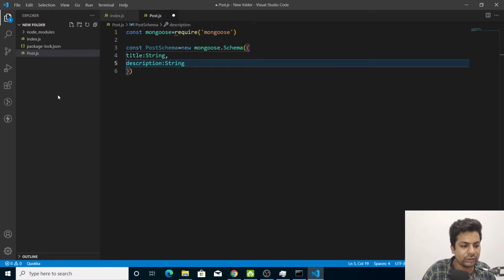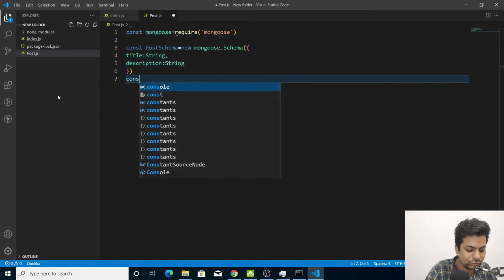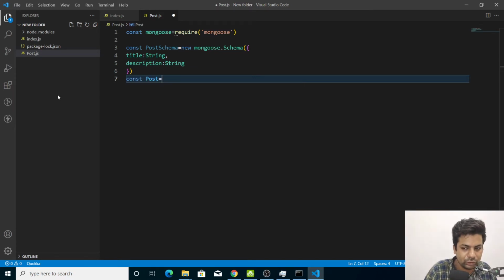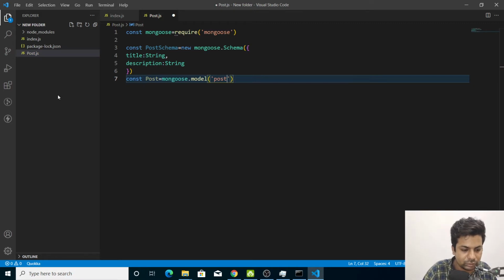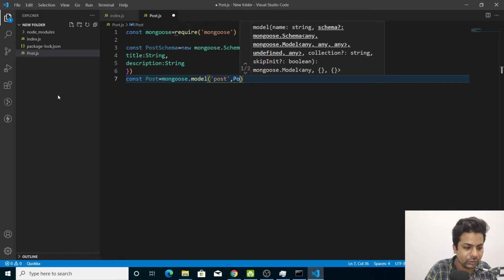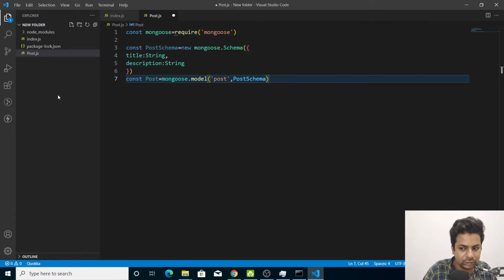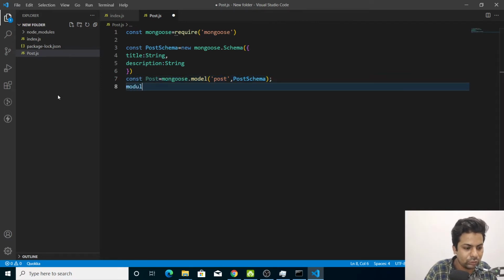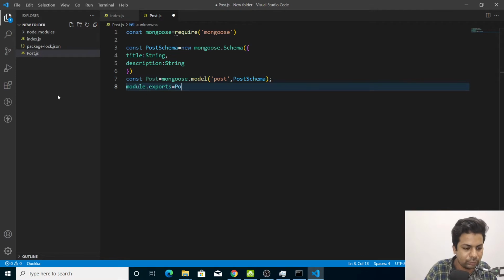So it should be a title, that should be a string, and then description, that should also be a string. Afterwards we'll say const Post equals mongoose.model, Post, postSchema, and module.exports equals Post.